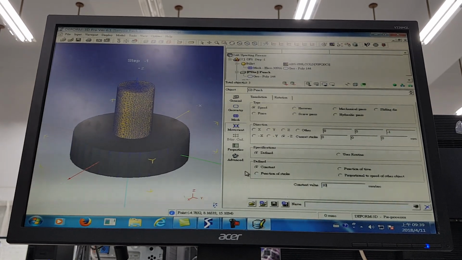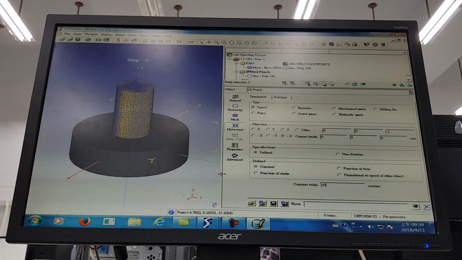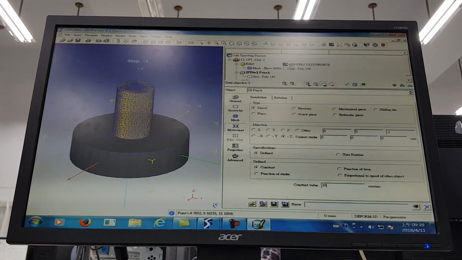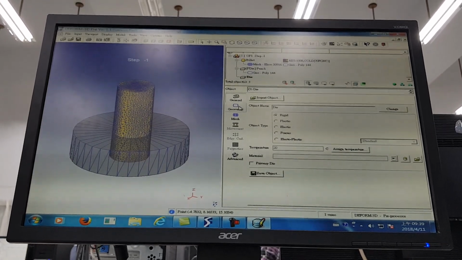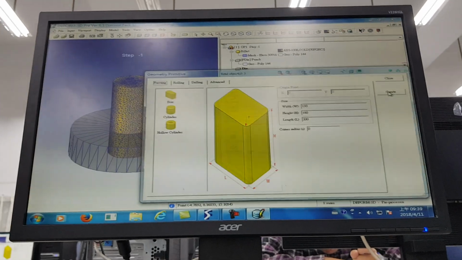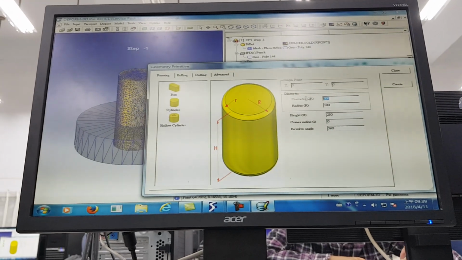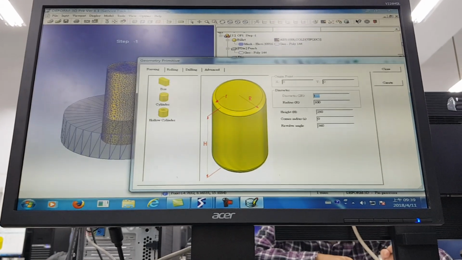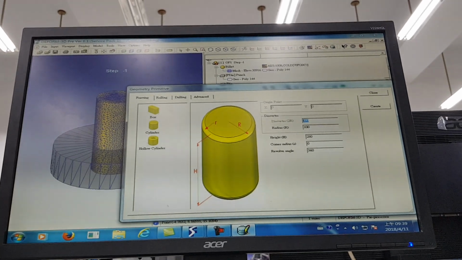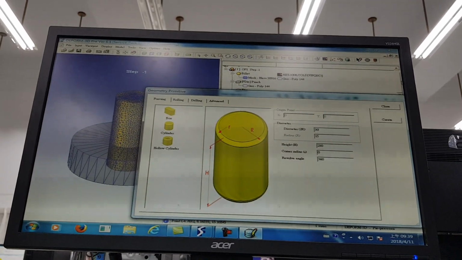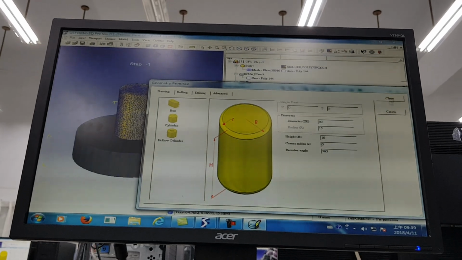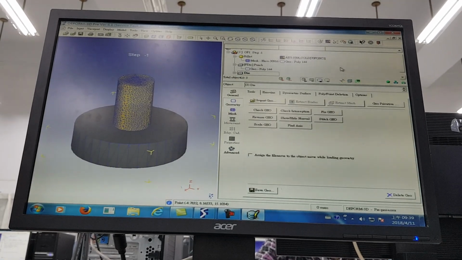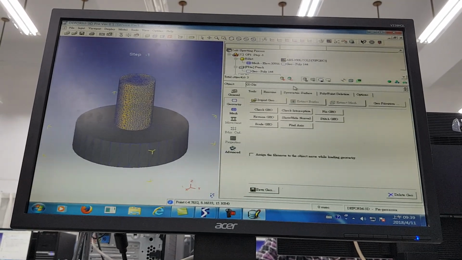Then punch speed is about 10 millimeters per second. And their dimensions is the same as the punch. Okay. After create,